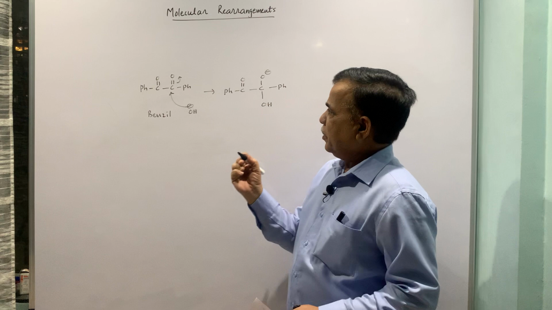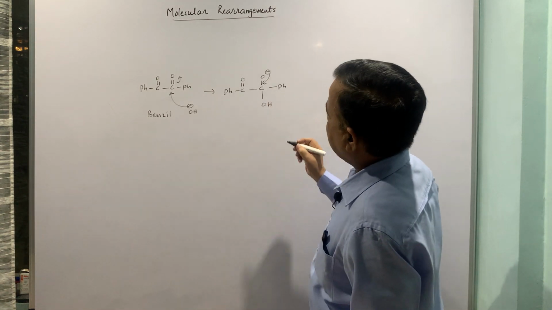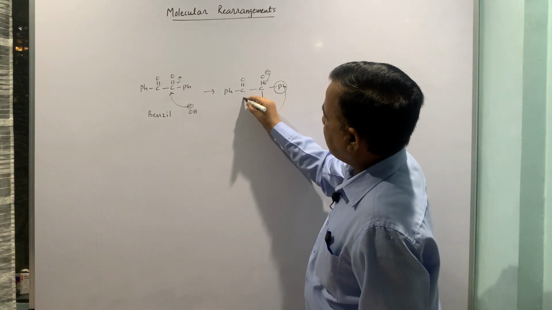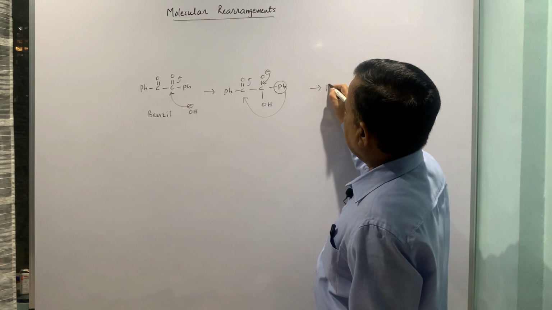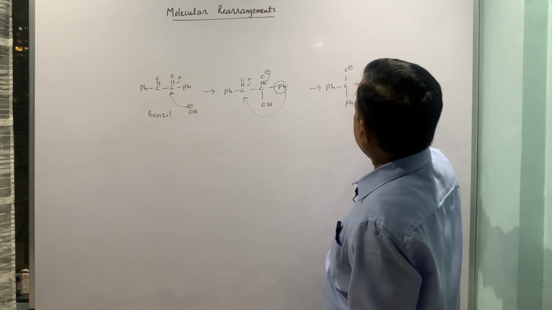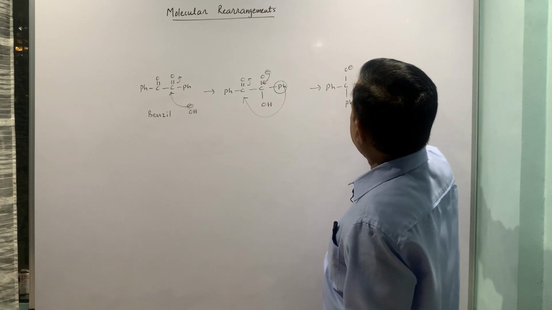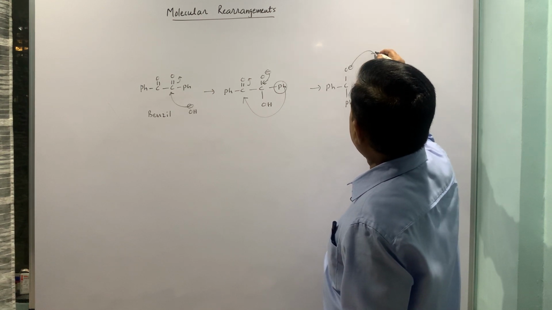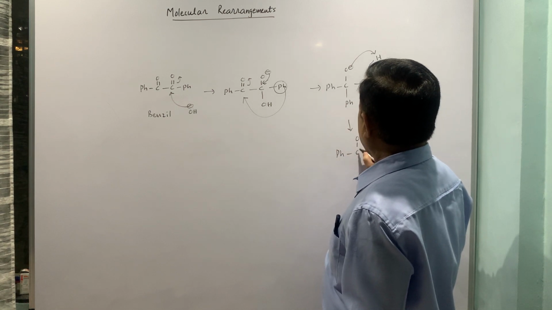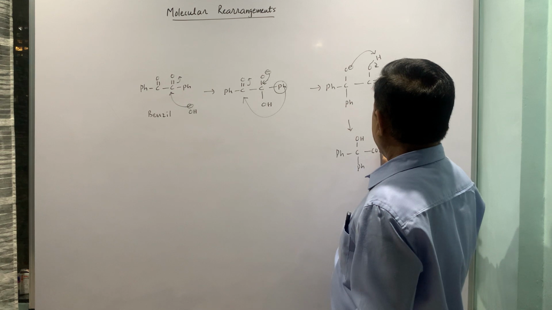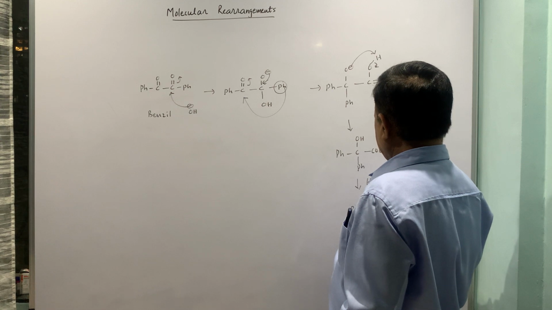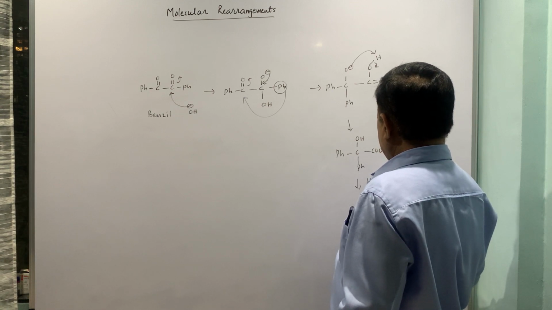Now in this intermediate, this O minus comes back here, so you get a carbonyl group back. This phenyl ring migrates, and so eventually what you have is O minus, Ph, C double bond O, OH. This will take up the proton, and this exists as OH, Ph, CO, O minus. The acidic workup can give you the alpha hydroxy acid.